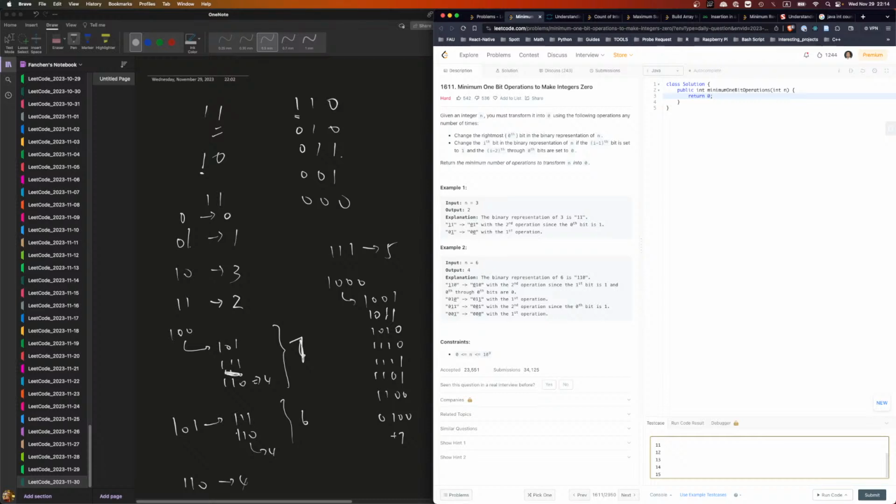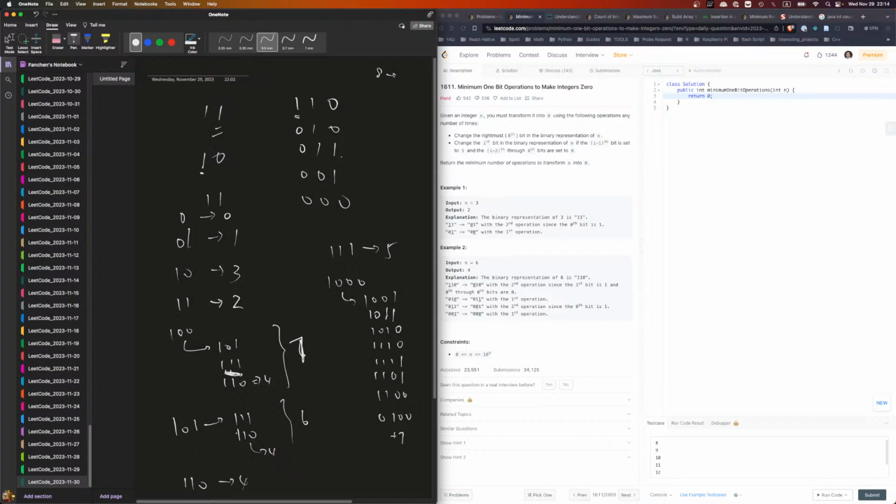Right? So 8 is 15, right? So we say 8 is 15. 9 is this, right? So 9 is 14. 10. 9 is this. 10 is this,